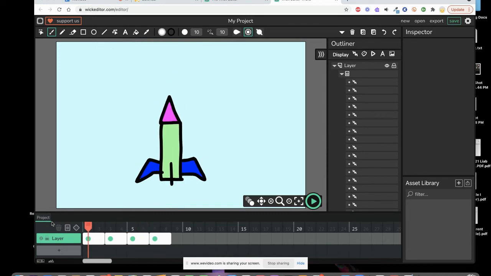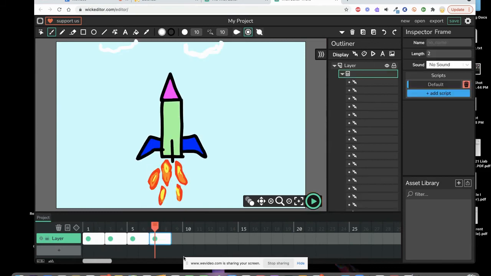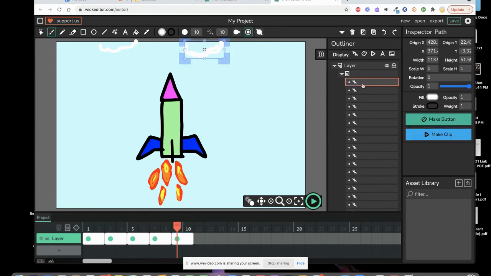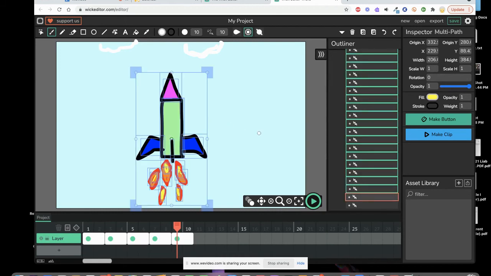So I'm going to look at it one more time, see how it looks, click play. And you can see it kind of appears like it's flying up to the sky. We'll do one more. I'm going to copy, paste again. This time though, I don't want to select my clouds. So I want to see where they start by clicking on the different layers. So it looks like there's 3 layers of my clouds. I'm going to scroll down, hold down the shift key, not select my